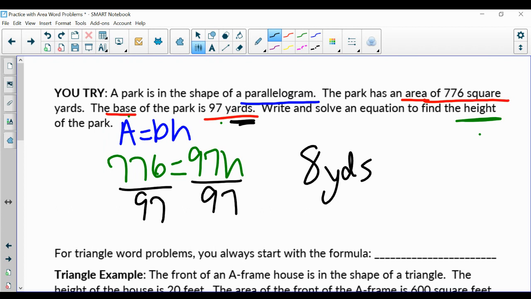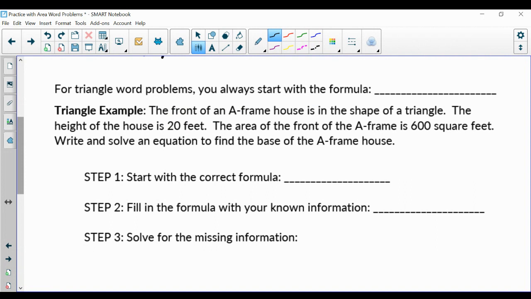Okay, triangles are going to be a little different, and I'm going to put that in a separate video just to make sure that we have enough time to go through that. Okay, so